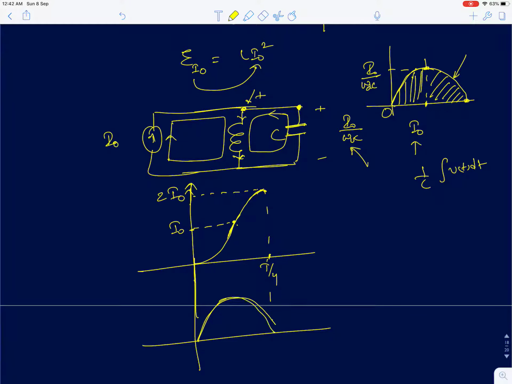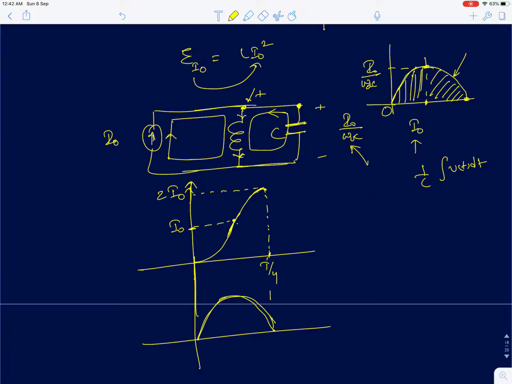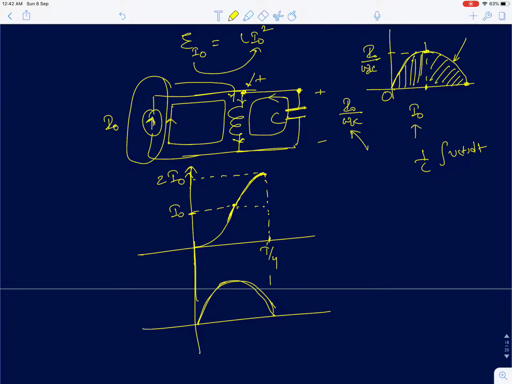All the energy that the capacitor had stored in it is now transferred to the inductor. Now if you understand here, the I naught current from the voltage source is now entirely traveling across the inductor. The additional current contributed by the capacitor is now further increasing the current through the inductor. Now if I try to compute the energy at t equal to T by 2,